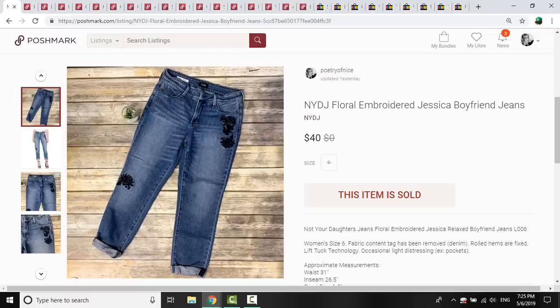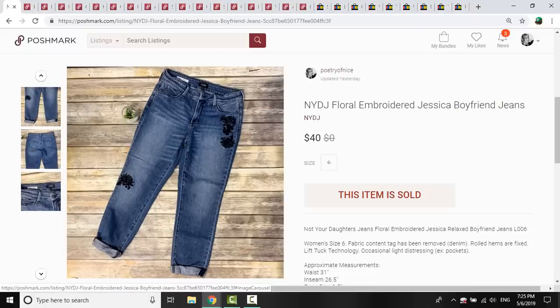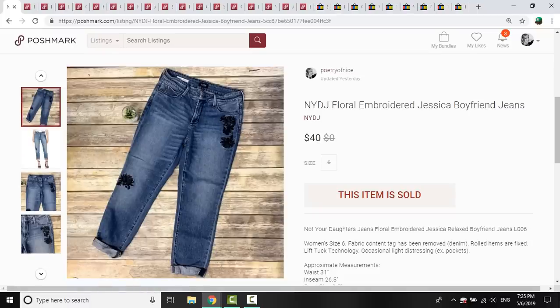So this was listed for about 3 days total. These are Not Your Daughter's jeans. They were the Jessica boyfriend jeans, and they had this floral embroidered detail, which was really cool. There is the tag, in case you're wondering what that looks like, the NYDJ. And again, $2.40 is how much I had in this when everything was evened out, and they sold for a